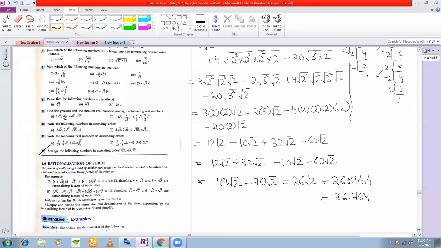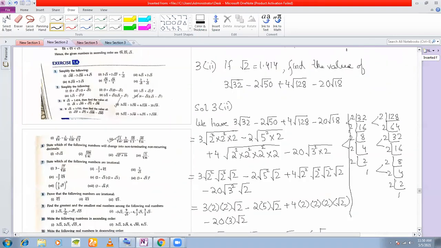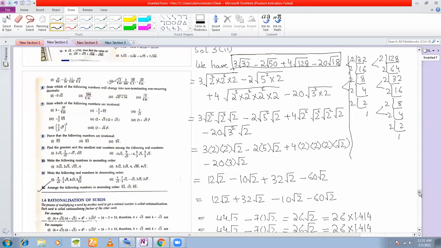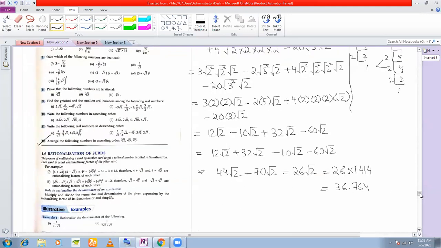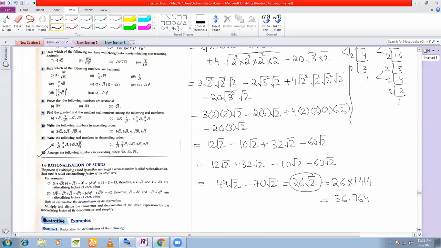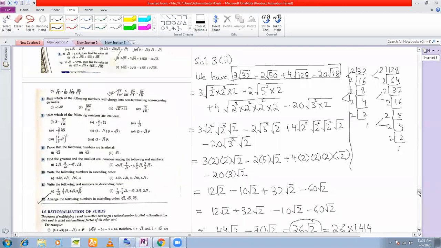Okay, so what did you see in this problem? You saw that the question given here was in terms of different surds, but all of them I brought down to root 2 only. See, it all comes down to 26 root 2. So it is always convenient to convert it into mixed surds, even if mixed surds are given. And if you see that within the radical the number can be prime factorized, try to prime factorize and make it into a further reduced mixed surd. So that is the lesson of this problem. We'll do the next problem here.